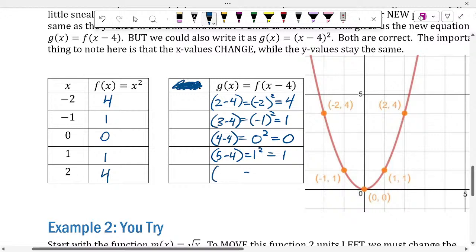Anyway, if I wanted to get 1 and square it, to get 1, what number would I have to start with? 5, and 5 minus 4 is 1. And finally, if I wanted to get 2 and square that to give me 4, what number would I actually have to start with? In other words, to get all the same numbers,